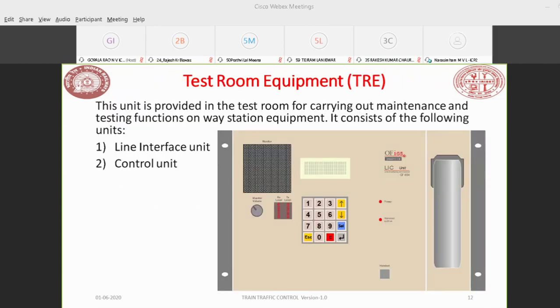So this is your TRE equipment. In TRE equipment, you will have some monitoring speaker and you will have some adjustment knob for adjusting monitor volume. Here you will have the monitoring of transmit level and receive level through bar level indicator. So this you can monitor. Here you will have one display with keypad. So through this keypad, you can